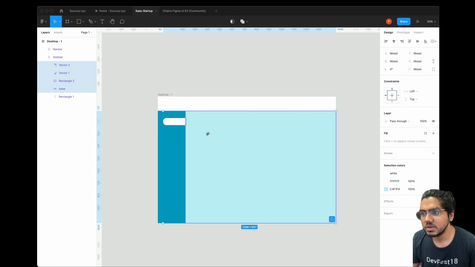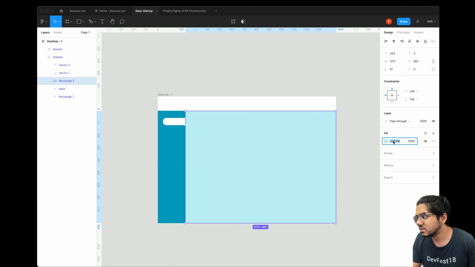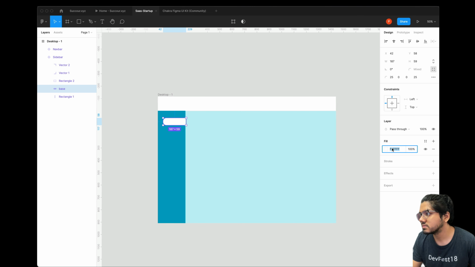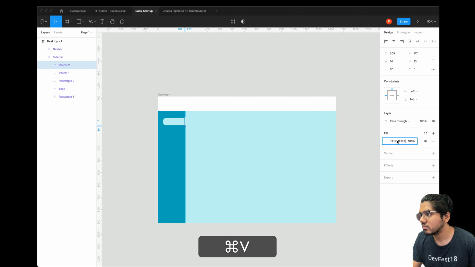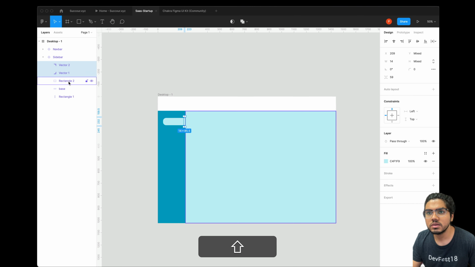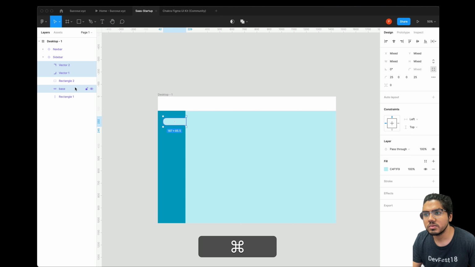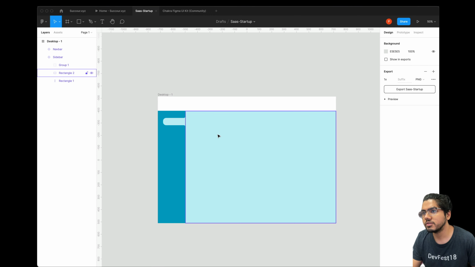Yeah, so our sidebar is ready, but the color which we are supposed to make shouldn't be white. It should be, I think, blue 300 it was. So let's color it that one. Let's group it together. If you group all the components together, it becomes one single component. You can group it by pressing Command G. Now it's grouped. Now you can see it looks perfect.